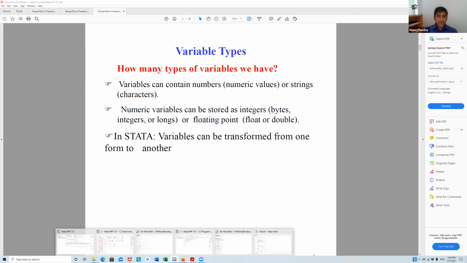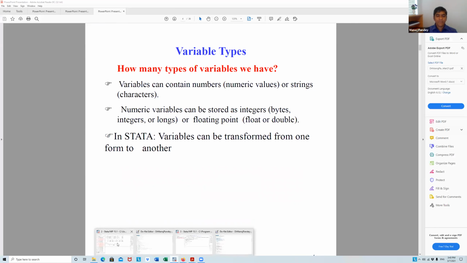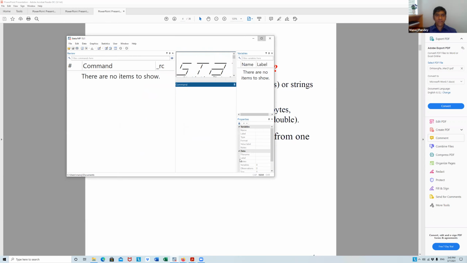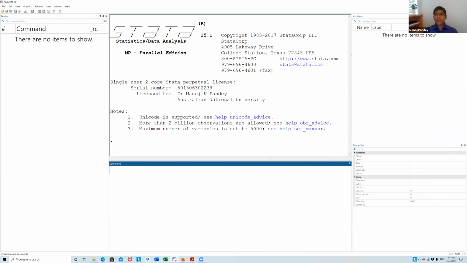Now, let me do it for you. Let's see how it looks. I'm going to start a new one so that you can understand what is happening here. All right, so here you go. We have a blank Stata software, and we have nothing here.